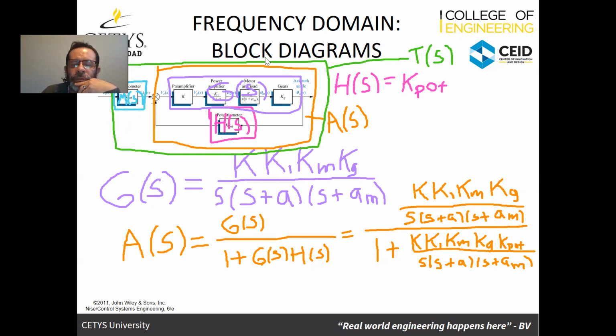What we usually do in these situations is multiply by the denominator, which is this and this, a common denominator that we have there. And so this same transfer function, A of S, is going to be equal to